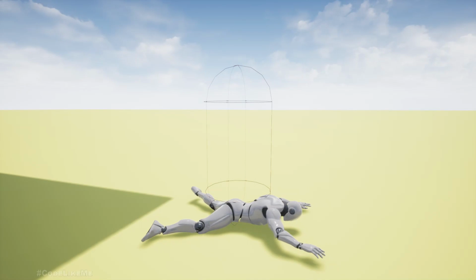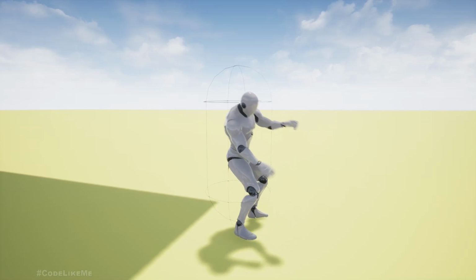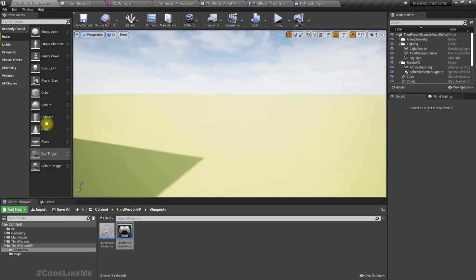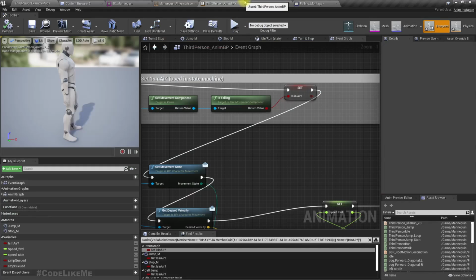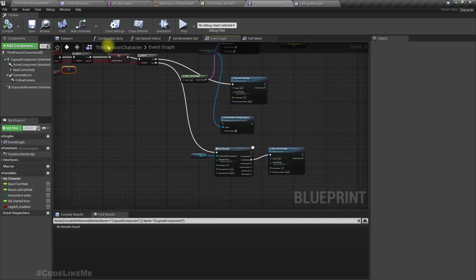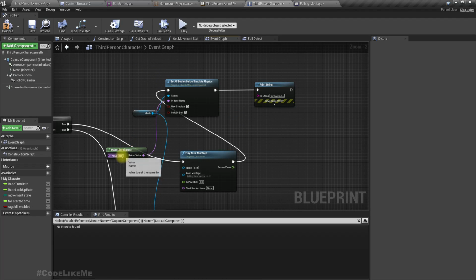See, like that. But my legs are inside the wall, so maybe we might be able to fix it if I enable the ragdolls only after, let's say, pelvis.